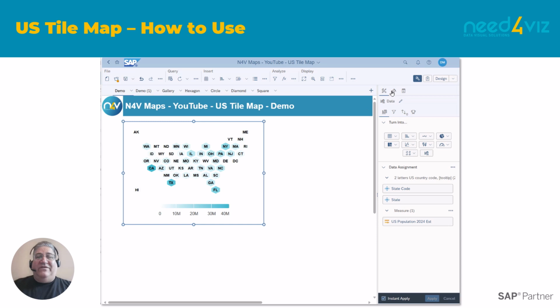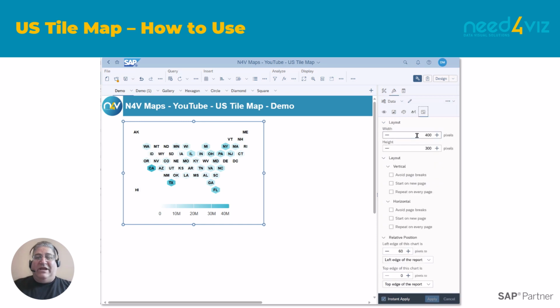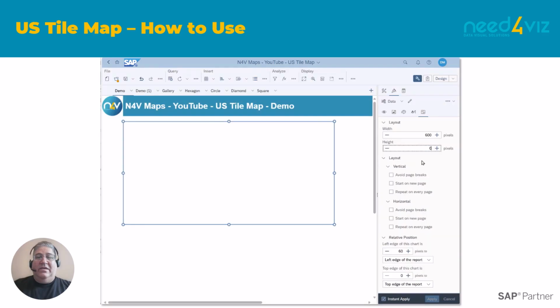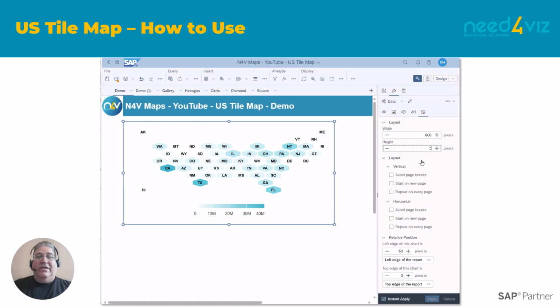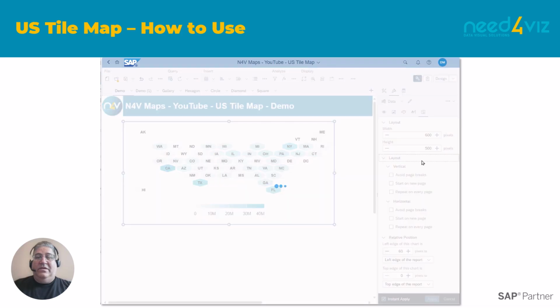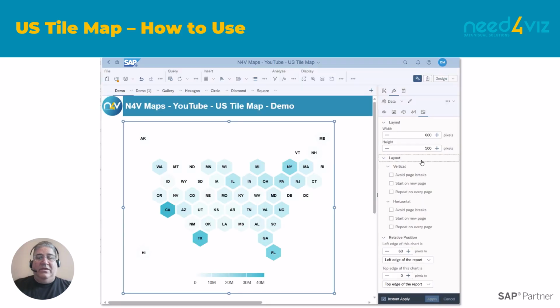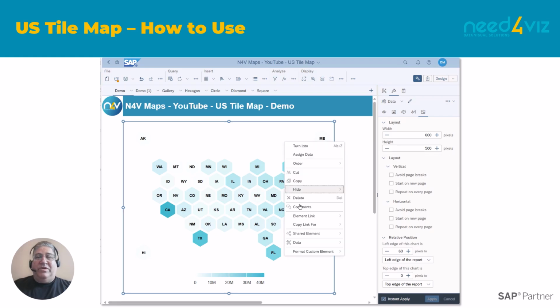Next, I'll resize the map to the desired size for my dashboard. Okay, and now I'm ready to adjust the parameters. So I'll right-click on the widget, select Format Custom Element Extended Parameters,